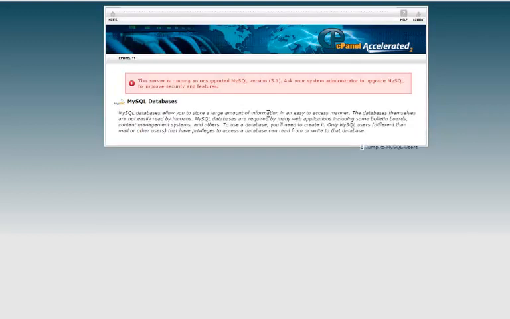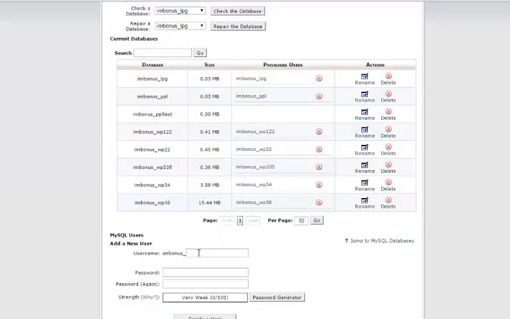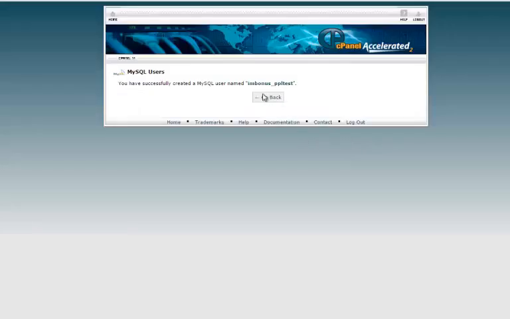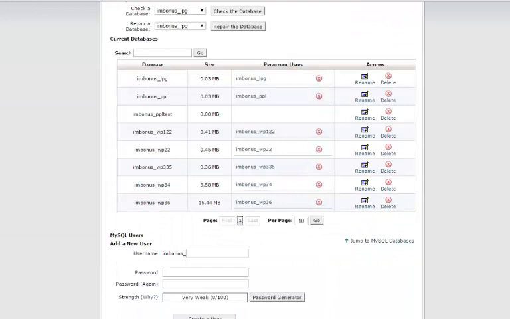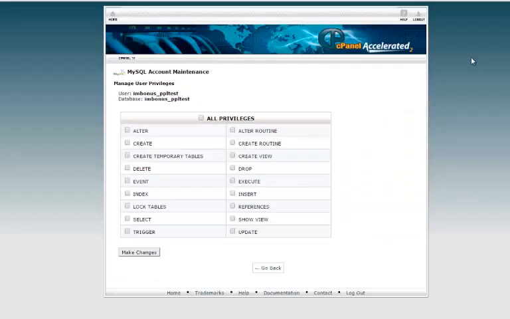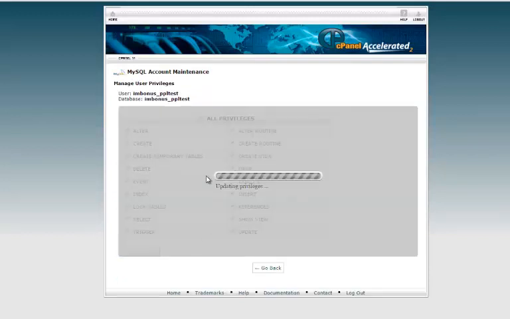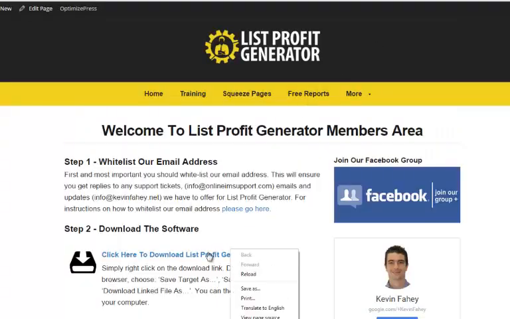Go back and create a username. So PPL test and a password, and back, and we just marry these. So scroll down, add user to database, and select the one we just created and add. Give all privileges, make changes. Okay, so now we can actually download the software,